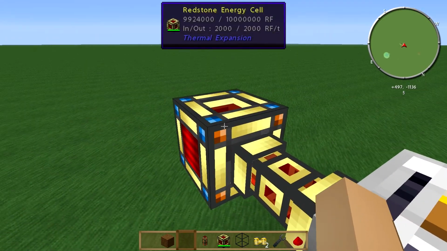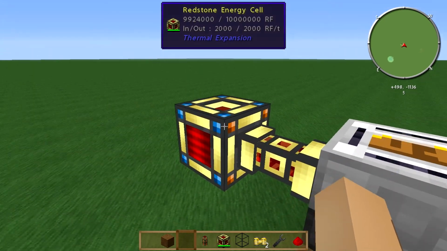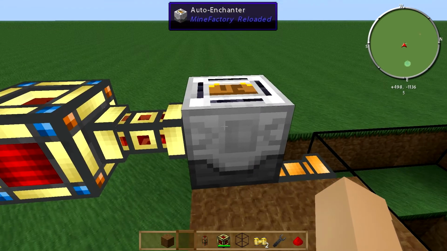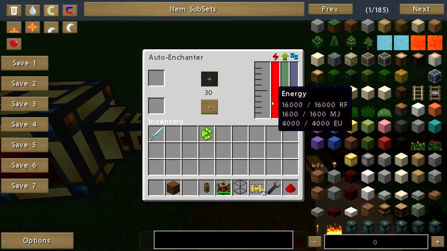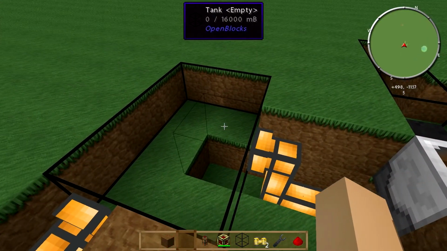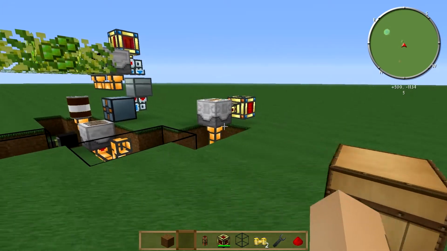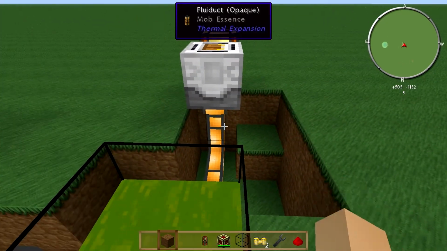So you've turned these blue dots into brown or red, so that the power is going from the redstone energy conduit to the Auto-Enchanter. Now the Auto-Enchanter has power, and when this starts harvesting mob essence, it'll have the fluid it needs. And so what you get, obviously, from all this is